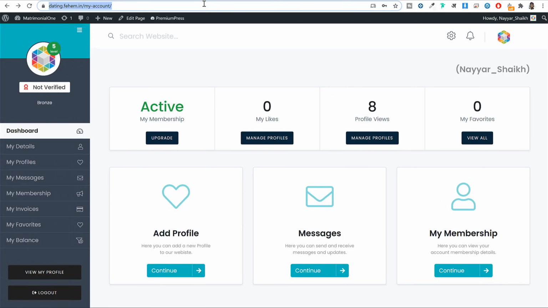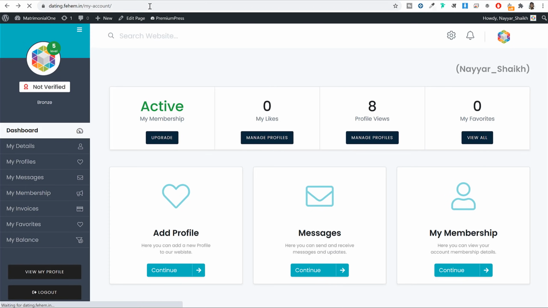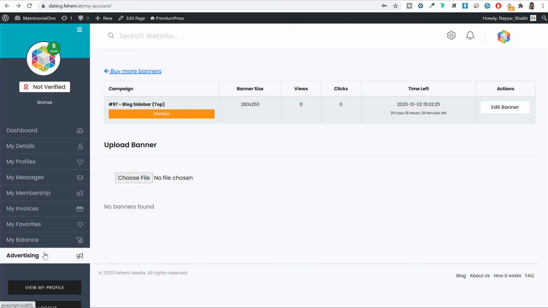Click on save settings. Now again, if I come back to my dashboard, this dashboard will be available for every single user. And again, that caching thing is happening. We don't see that advertising option over here because of that. Let me refresh it again. Okay, now as you can see, after refreshing several times, I have the advertising option. Now I have purchased this option.